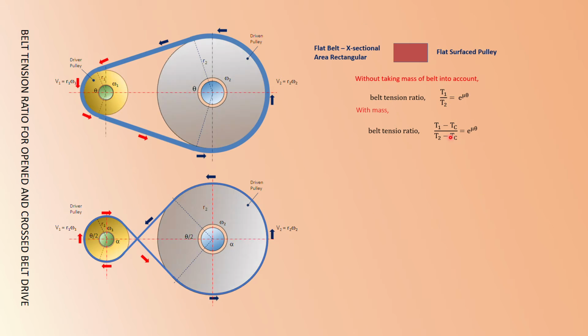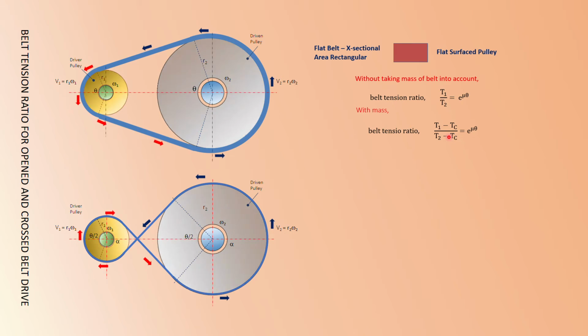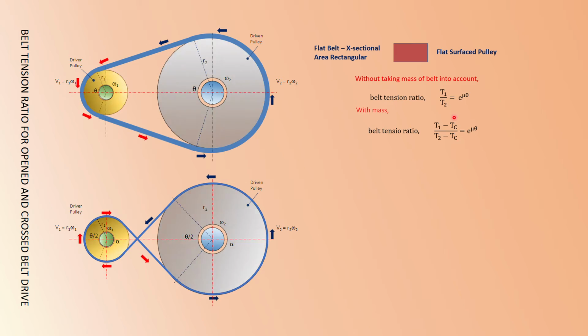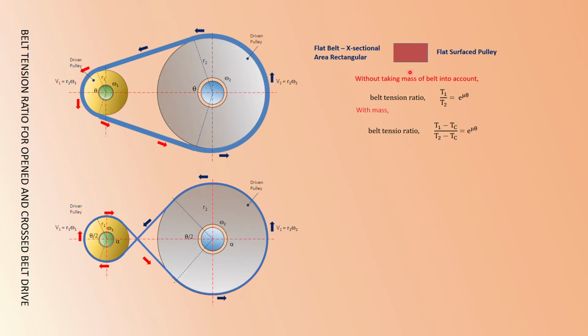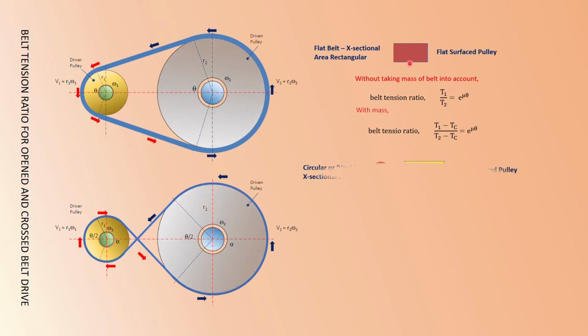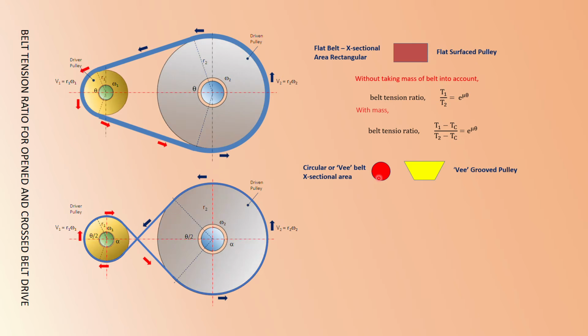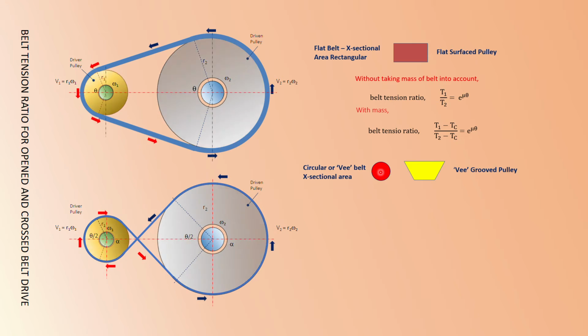Now, how did you get both of these formulas? Then you have to refer to your binomial series, though that is a section, or in certain books they do show you the proving formulas for both of these. Now, this is for flat belt, rectangular cross section. So if, let's say, for example, you are using rope or circular belt, so you have a circular cross section, so the area is pi d square over 4 or pi r square,